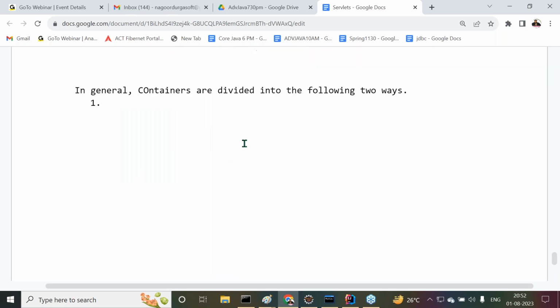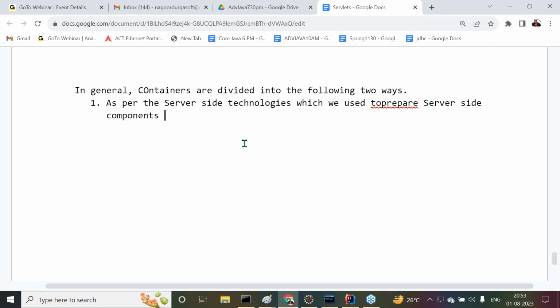Number one, as per the server-side technologies which we use to prepare server-side components, there are some containers. Containers like what? Number one,